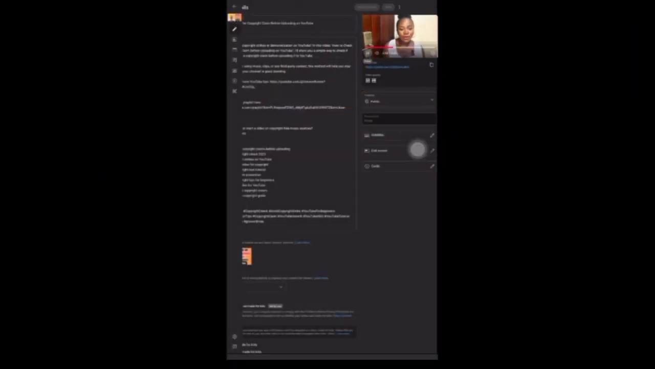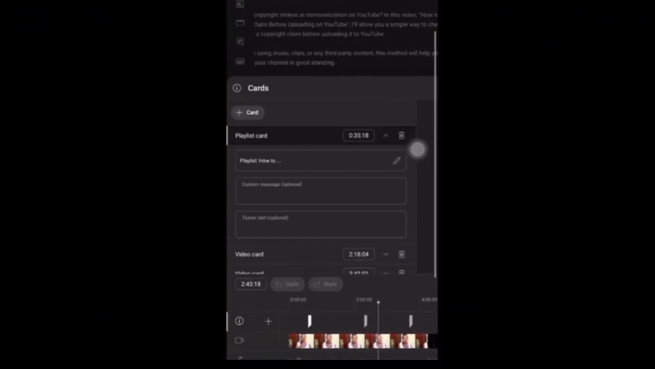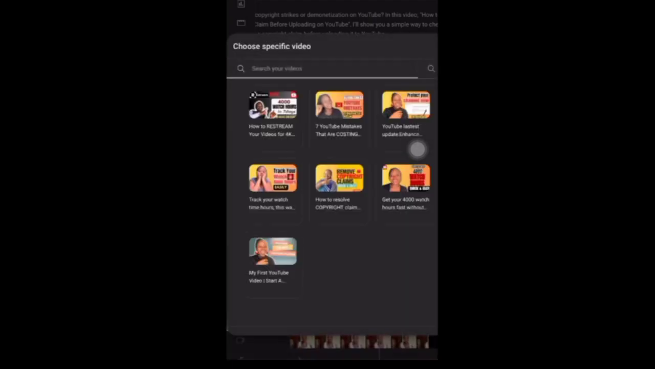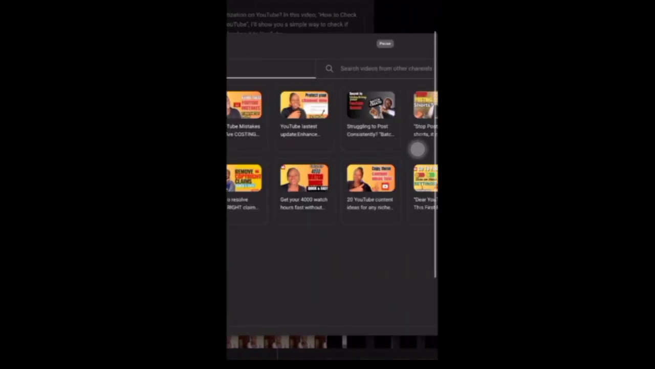So I'm going to go back to the video, to my cards rather, and I'm going to click on the cards. And then when I click on the card, I'm going to click on video. Right, I'm going to click on video card. I'm going to click on video, and then I'm going to look for the particular one where I'm talking about